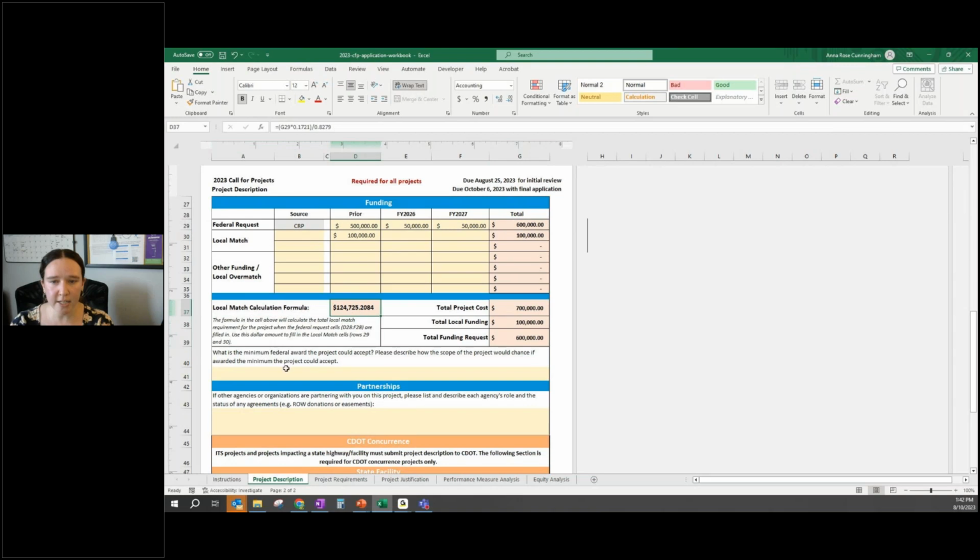And so this cell here is intended to help you calculate that match. So this includes that formula that I showed in the PowerPoint presentation. And this is pulling your total federal request and making the calculation based on that. And so we do request that you fill out your local match based on the amount of funding per fiscal year. So this is only calculating the total amount of local match that you need across each of these years, but